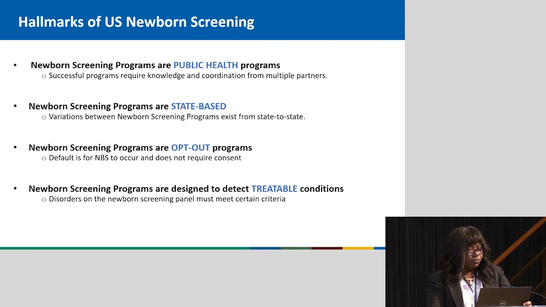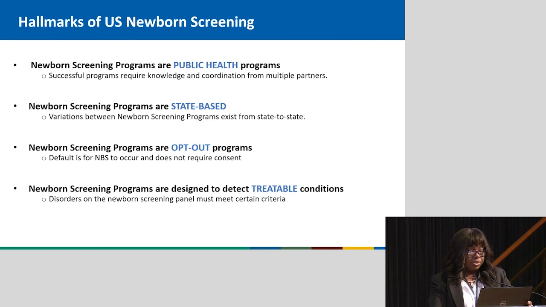This slide highlights four important hallmarks of newborn screening within the U.S. The first is that newborn screening programs are public health programs and are administered by the states. They rely on a coordinated effort of numerous partners across a variety of different sectors. And while federal recommendations do exist on which diseases are deemed appropriate for population-level testing, it is still up to the state to determine how to operate their screening program, which diseases to screen for, and certainly which test platforms are used. So this leads to a lot of variation across all newborn screening programs in the U.S.